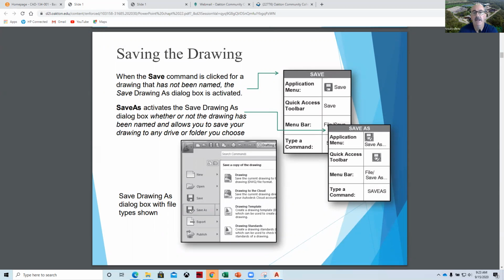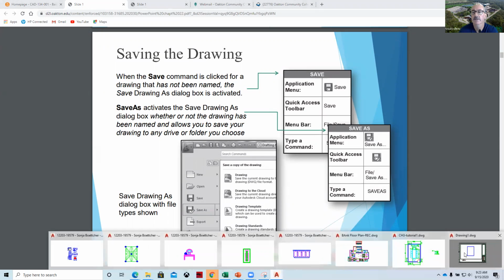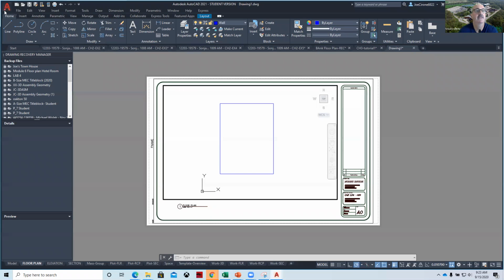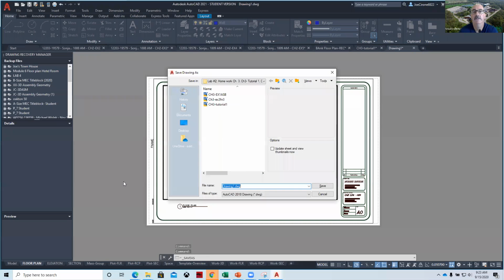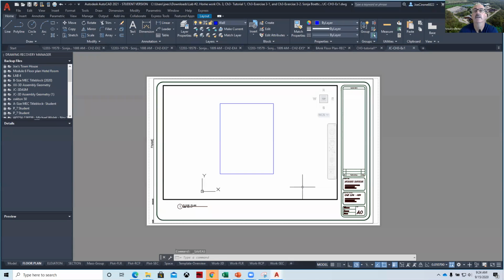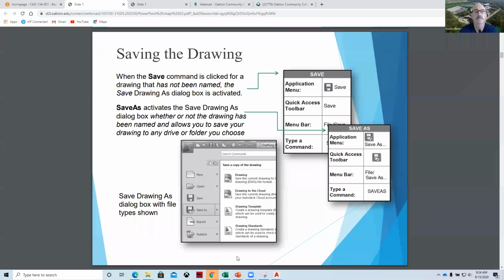So if we come back here to our drawings, we can come up here with the Save As and save that with your initials. And save. If we come back to our lecture,